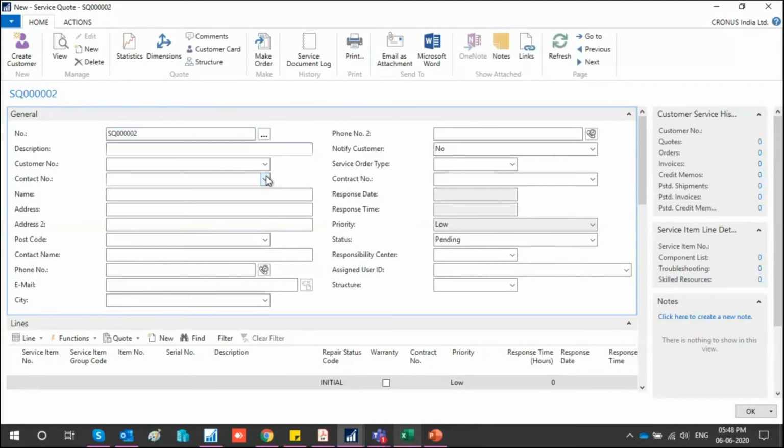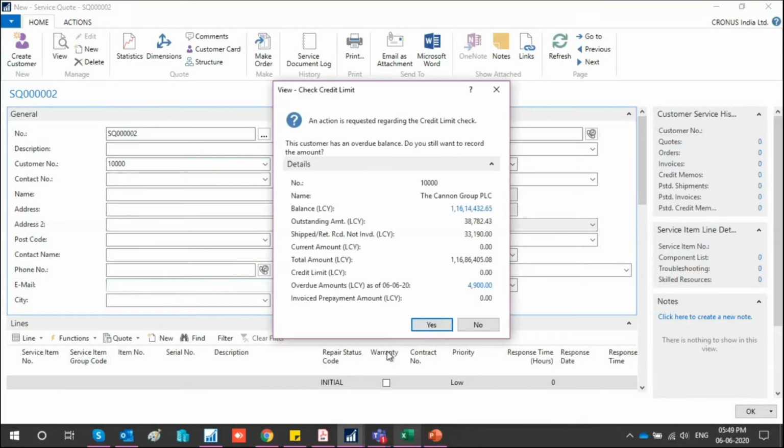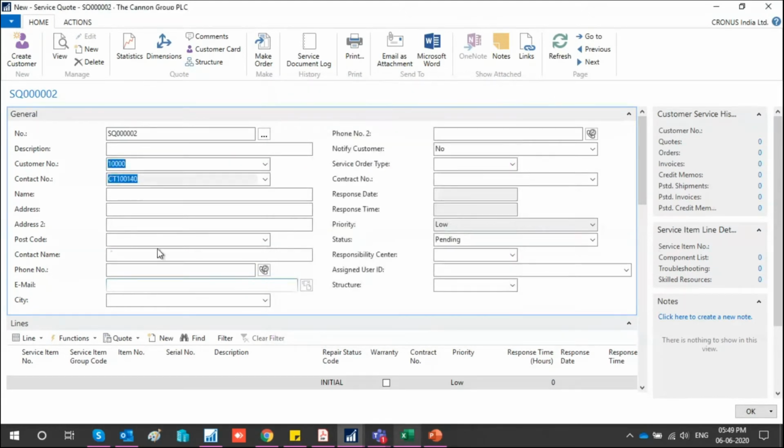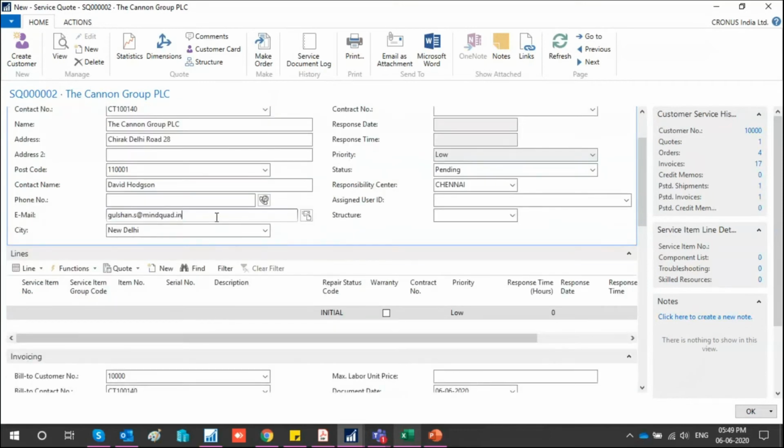So just simply put tab. Here you have to select the customer number. So let's say I have selected this one. You can see even the contact. Now this contact, how it came? As I told you, I have tagged a responsibility center, so as per that responsibility, this has come automatically. Okay. Now here you can see